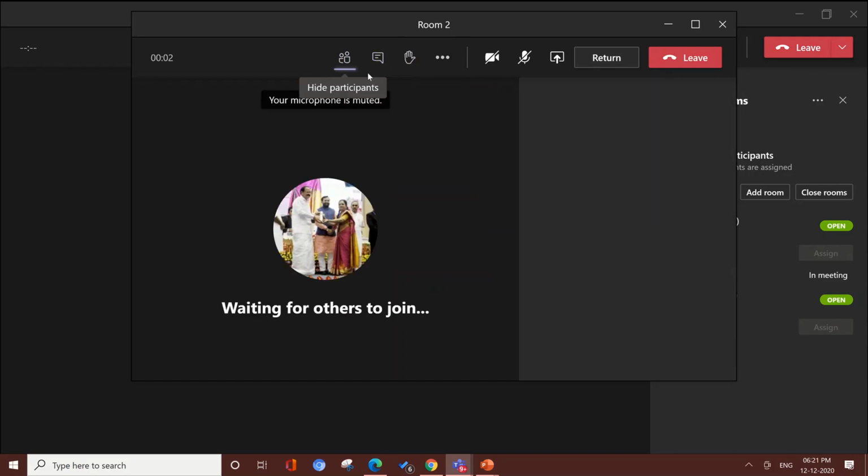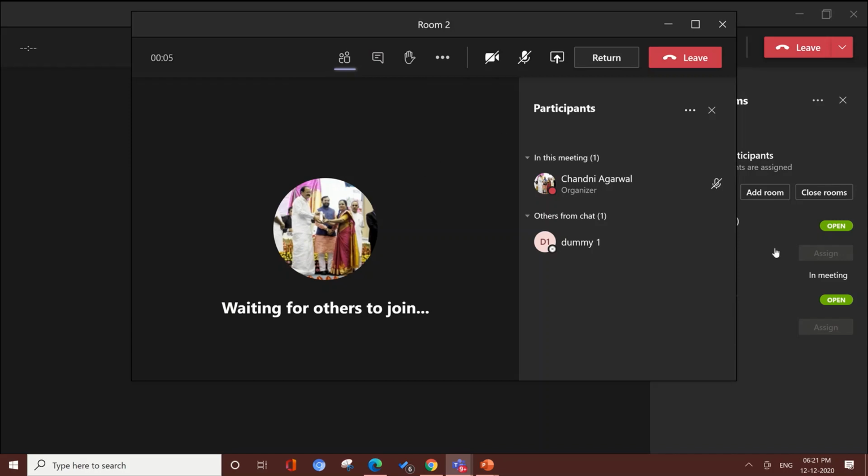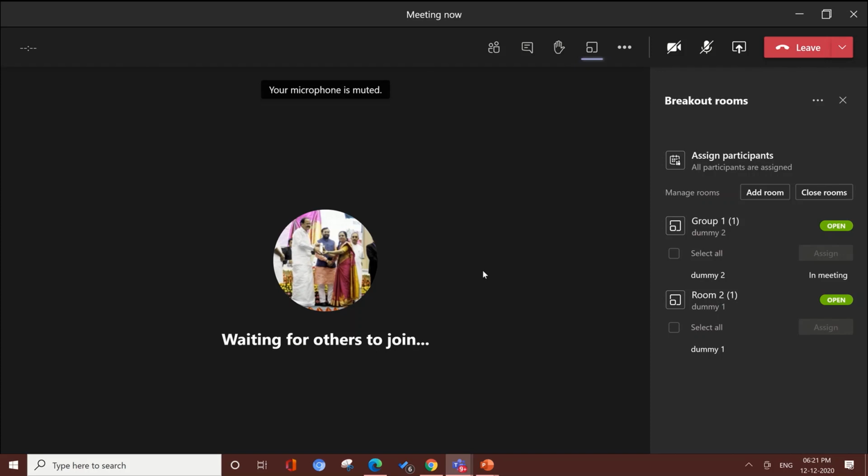So if you want to call the participants, you can add the participants from your main meeting and you can add them to the room. So when the students are discussing, you can go in between the rooms, you can join the discussions, you can guide them, and you can add more rooms here. So here room number 3 is empty. When I add students here, then the room can be opened. With the manage room options, you can manage the rooms: add room and the close room option.